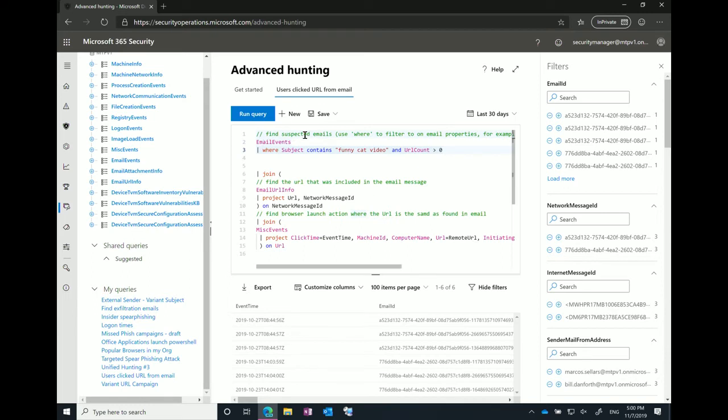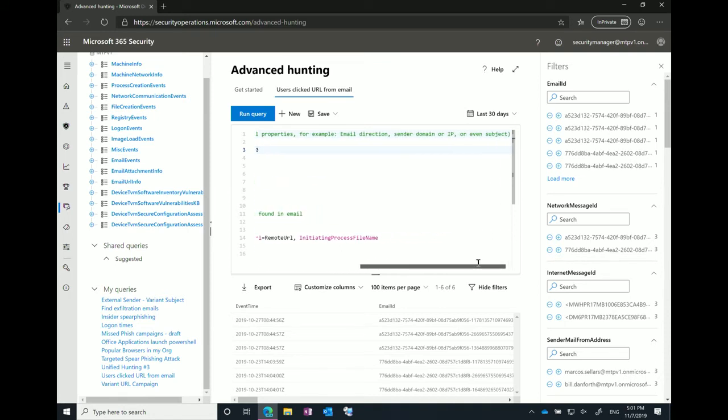Okay, so we're looking at email events, but this was just as an example, and we added this in the comments. The where clause, in this case, you can use it to filter out or basically build your hypothesis. Maybe you're looking for something that is only coming in from the outside world, so you can use the email direction: inbound, outbound, intra-org, or it could be